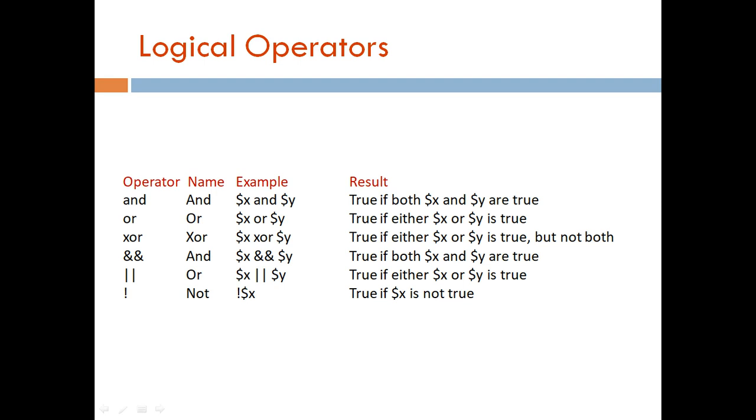Whereas in exclusive OR, if both are true or both are false, it returns false. So either one should be true for this case. Whereas NOT is like true is false, false is true. It negates the answer which is given as input. 1 is returned as 0, 0 is returned as 1 with this NOT operator.